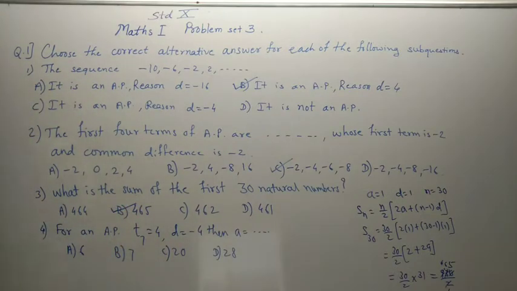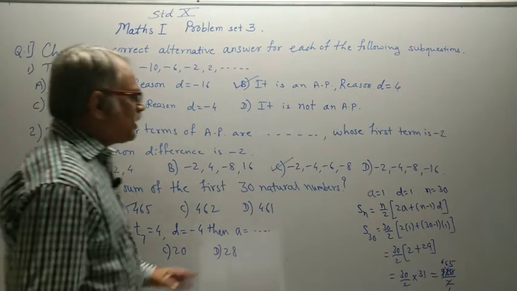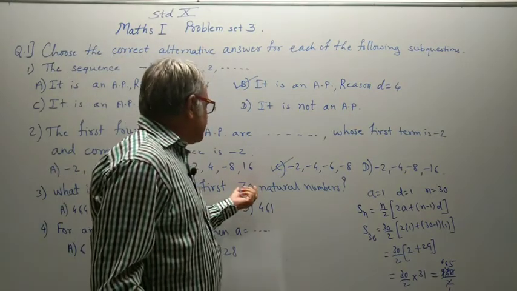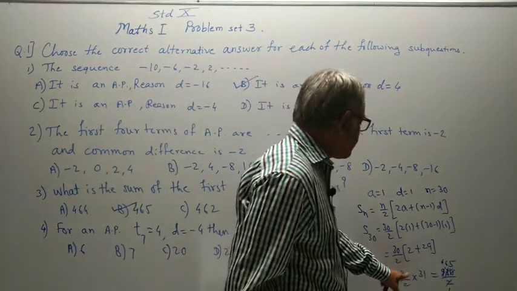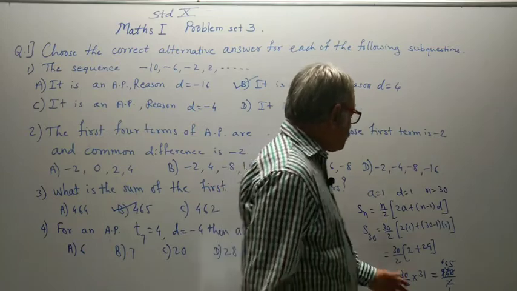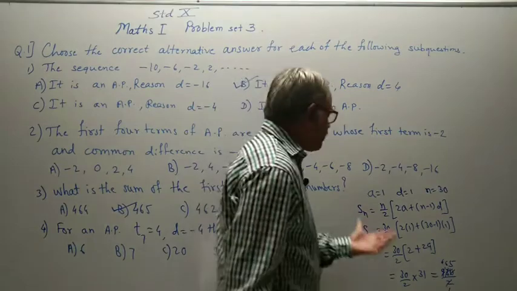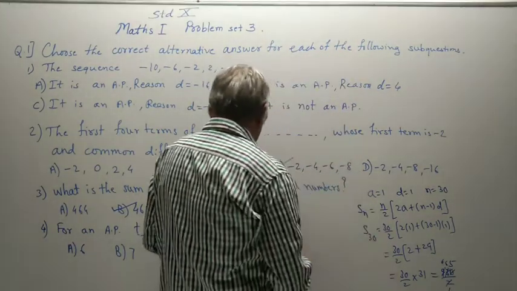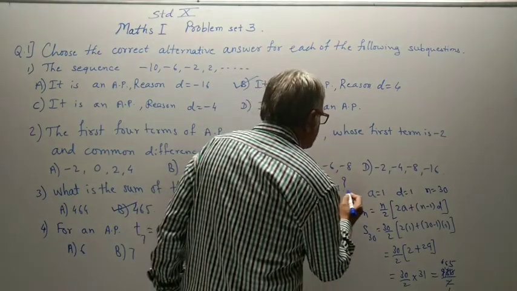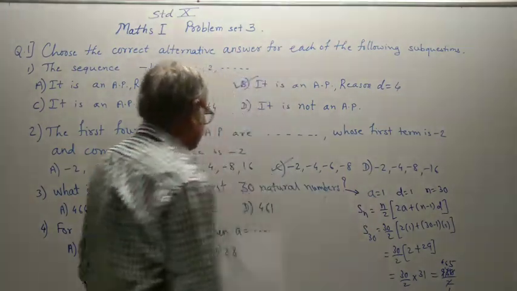Yes. And those who are good in mathematics, it is not necessary to do all that work. They can do it orally and they can remember it also. When n natural numbers are there, the sum is always n into n plus 1 upon 2, so 30 into 31 upon 2. Those who have good memory can remember it. Sum of the first 30 natural numbers means 30 into 31 upon 2. For 40 natural numbers it means 40 into 41 upon 2. So this is the rough work for this question.